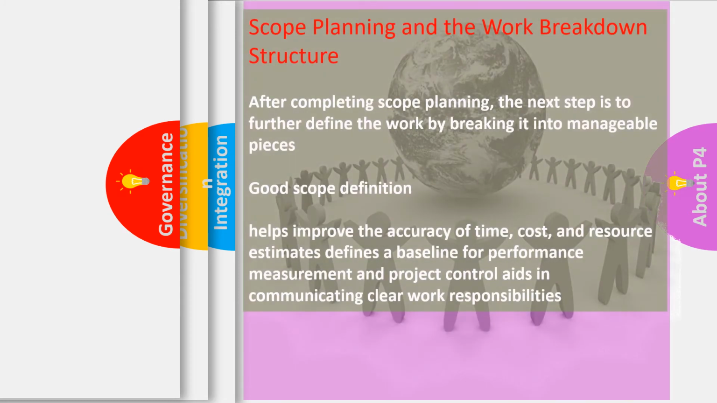So, the scope planning is very, very important, which leads into the work breakdown structure as well. In the planning stage, you have the requirements, the scope, the work breakdown structure, the schedule, the budget, and risk. After completing the scope planning, the next step is to further define the work by breaking it down into manageable pieces. Here we go from the scope planning into the work breakdown structure, which is